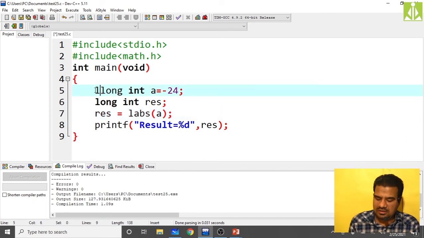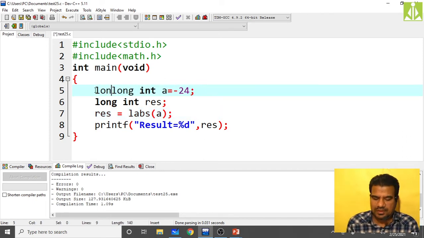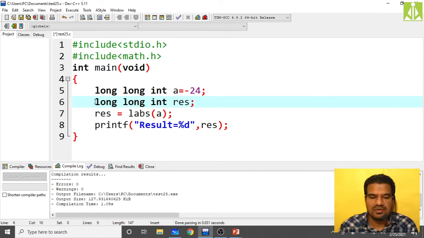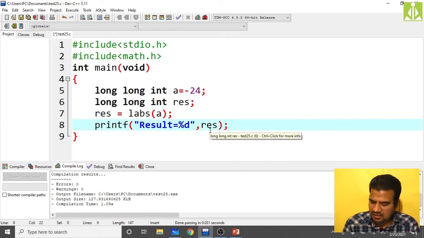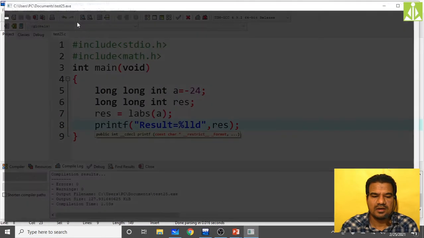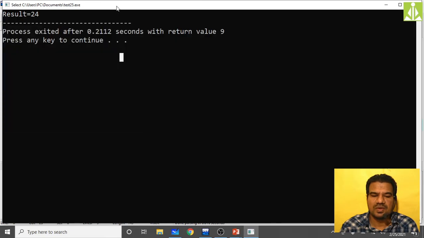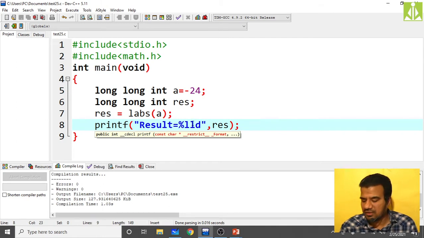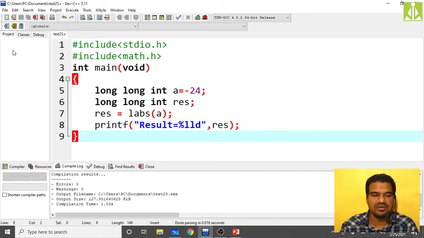For long long integer, take another long long integer. Here also, to store the result we need a long long type of integer value. So then same thing here. Okay, so percentile LLD, let's see what we will get. Compile. Yeah, it is successful. Then run. Yeah, 24 only we are getting, as you can see. Okay, that is how the output changes, how we change the conversion. For long integer we have to put LD, for long long integer we have to put LLD. Likewise we have to remember. Okay, then go to the next thing.